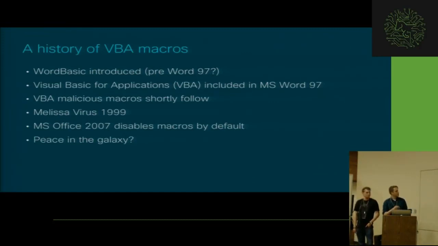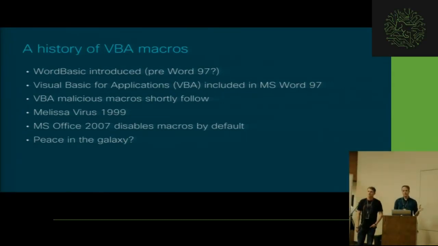The famous one, if you ever read about the history of malware, is the Melissa virus. Macros existed, or malicious macros existed previous to Melissa, but the reason Melissa is famous is because it propagated itself. It would read 50 email addresses from your Outlook contacts and send itself to those contacts. As well, it was called a virus because it would infect your template on your local Office installation, and then every subsequent document you would create would have a copy of the Melissa virus. And it wasn't particularly malicious other than it swamped computer networks at the time, which weren't as robust as they are today, and brought down a number of computer networks at the time.